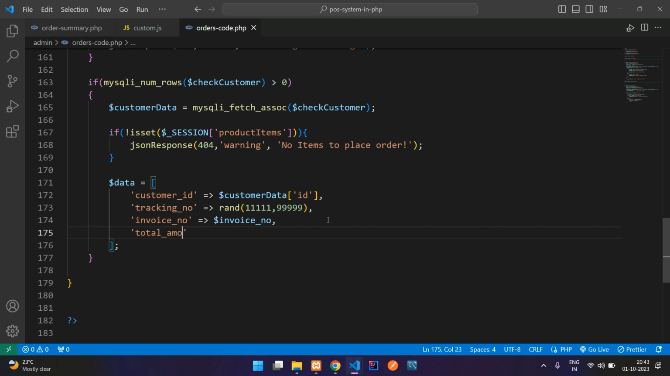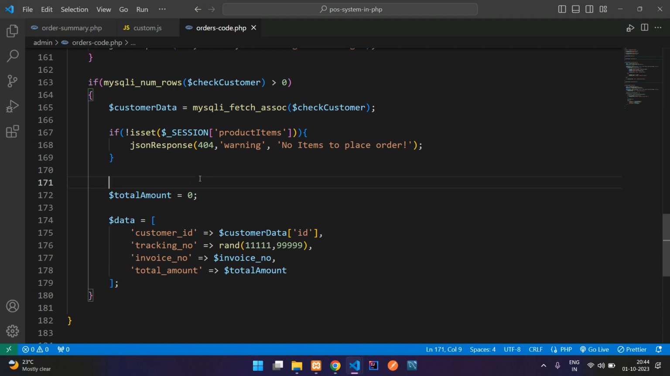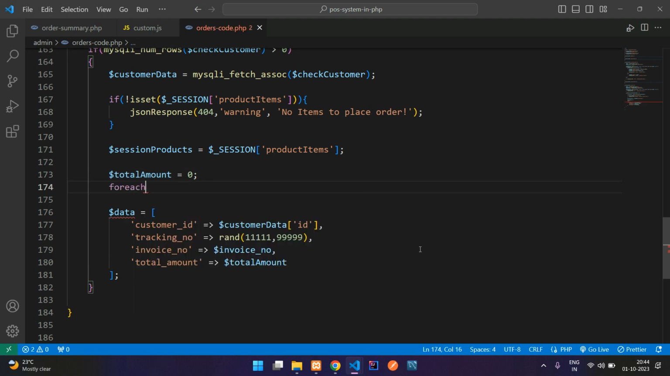The total amount of your placed order. So $totalAmount. Okay, so from where we'll get this, let me just create that logic here. So let's declare here first, total amount will be 0, and from where are you going to get? You need to get from your calculated product items. Okay, so let's tell session products equal to, and now you can copy this, just use a foreach loop to loop the details as